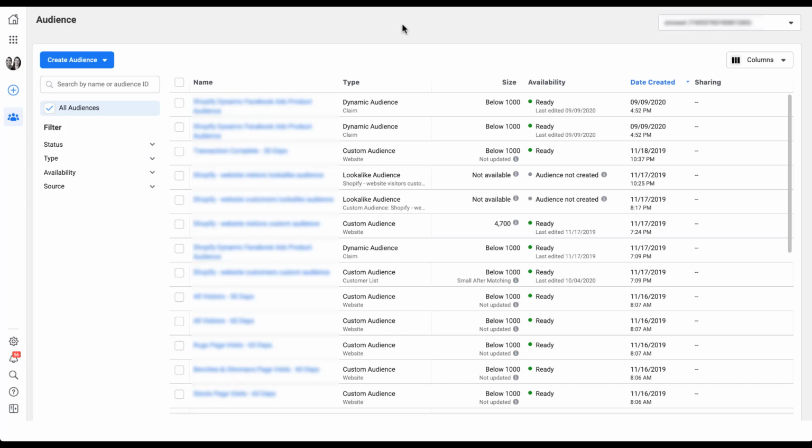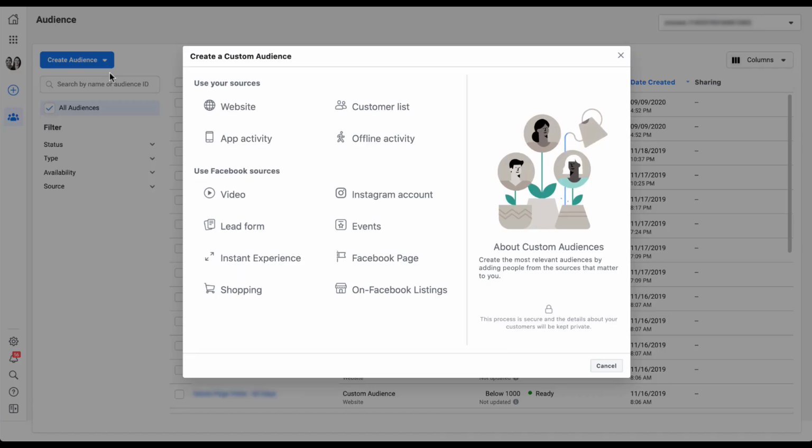So to create our remarketing audiences, we're going to come over here to create audience, and every remarketing audience option is going to be under this custom audience option. What that's going to do is open up the custom audience creation tool. This is the first step of where we choose what we want to do. And the first thing we're going to choose is what source we want to use as the remarketing audience creation